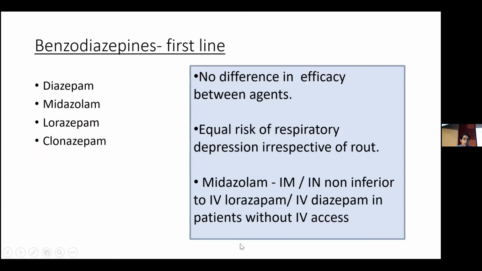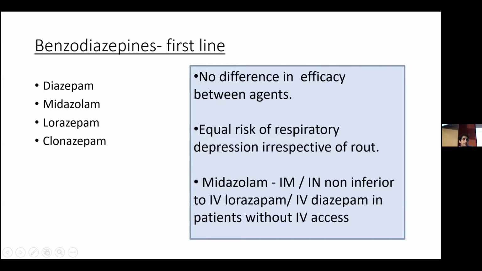You can use midazolam intramuscular, intranasal, or buccal, or you can use diazepam rectal. Right? But some of the things that we might not be using so commonly, I don't know about adult practice, but in pediatric practice, is intramuscular midazolam and intranasal midazolam, shown to be non-inferior to giving intravenous lorazepam, which is often taken as the drug of choice for treating status